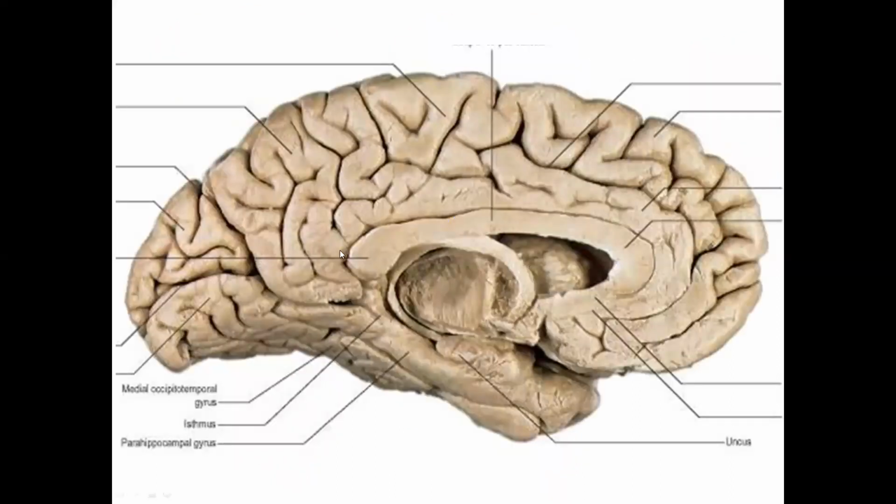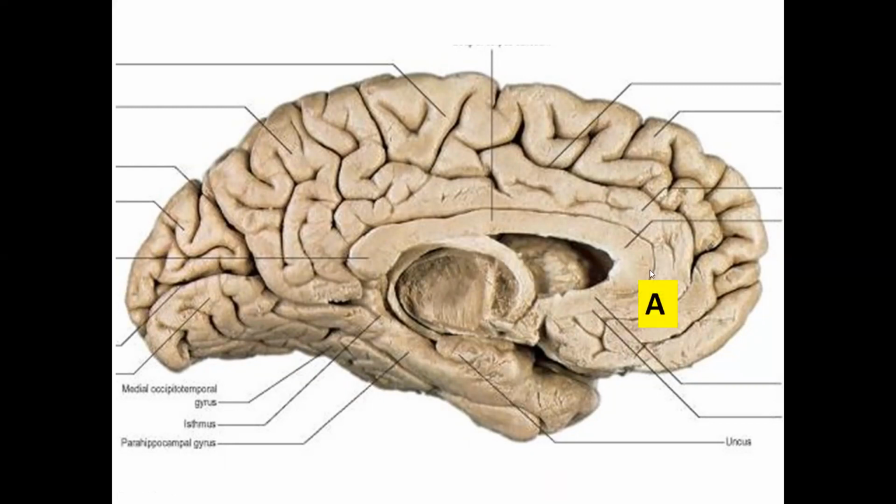Okay. So the brain you'll be getting for soft part discussion in Viva. You should be able to hold it in anatomical position. You should be able to orient the superior, inferior, anterior, posterior, medial and lateral aspect of it. So now we are seeing the medial part, the medial surface.